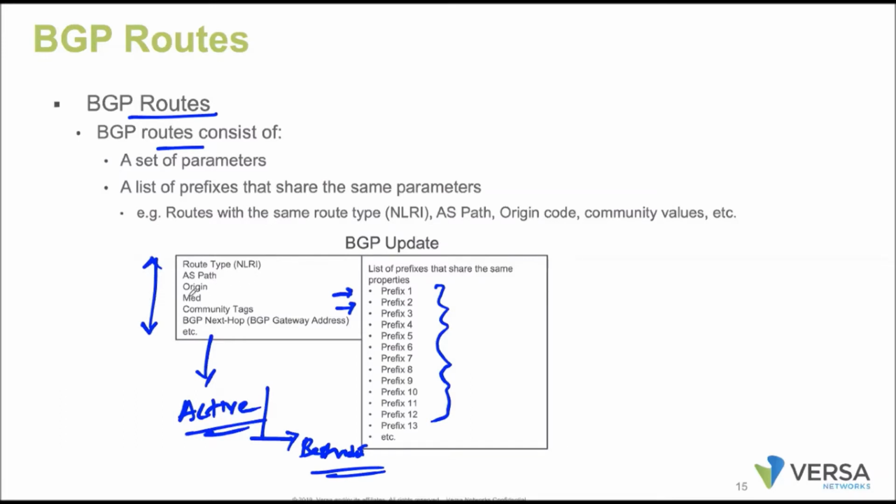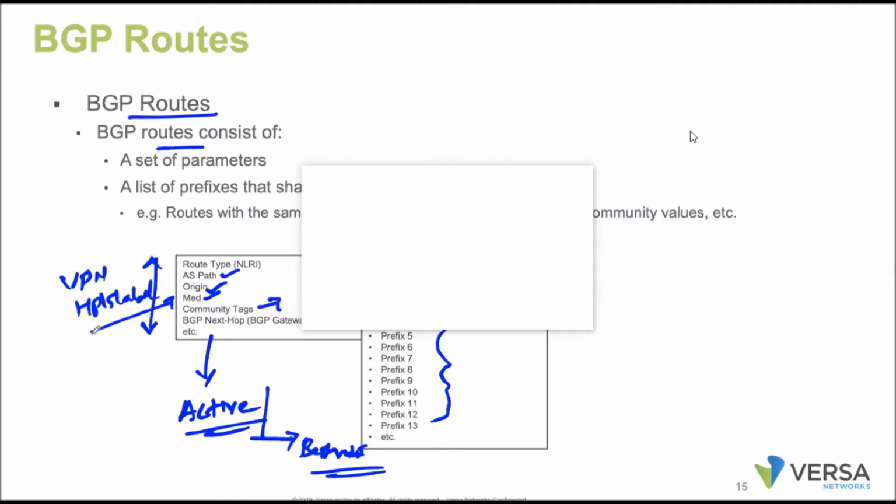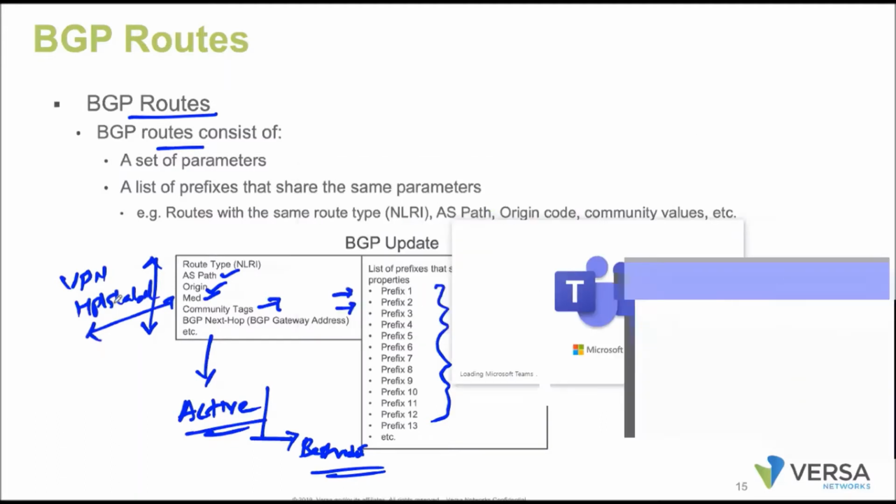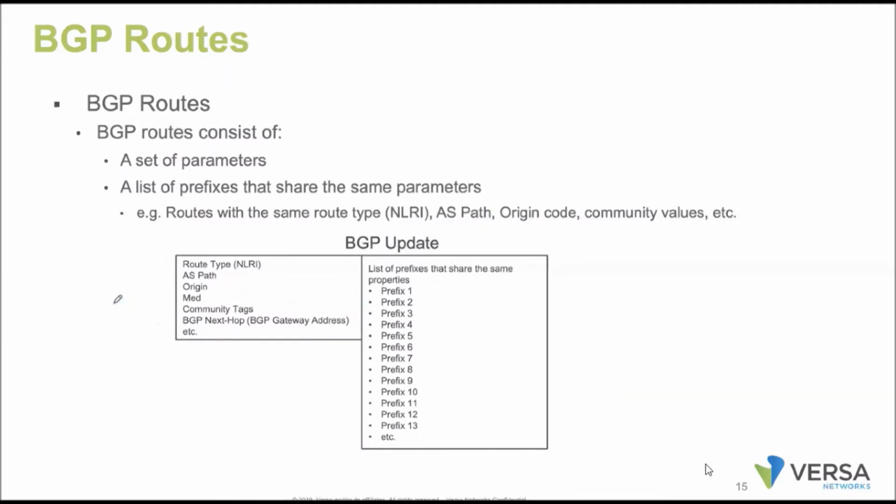Again, it has the AS path information, origin information, MED information, LP information. Apart from that, it has the community tags, so extended community values, in the form of the RT information and RD information as well. If I'm trying to advertise the VPN routes, you are going to find the MPLS label as well. All these route advertisements will be happening with the help of the BGP update message.